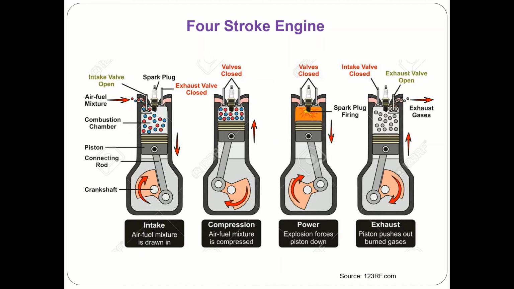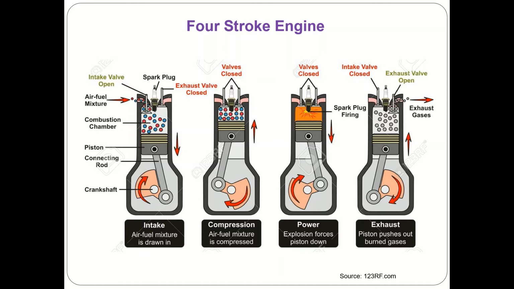So there are individual strokes: intake stroke or the suction stroke, wherein we take air fuel mixture into the engine in case of SI engine, or air alone in case of compression ignition engines. That mixture is compressed in the compression stroke. At the end of the compression stroke, spark is supplied or fuel is injected. We get combustion. Because of the combustion, the piston is again forced to move in the downward direction from top dead center to bottom dead center. That gives us power. And the final stroke is the exhaust stroke, in which the exhaust gases are thrown out.